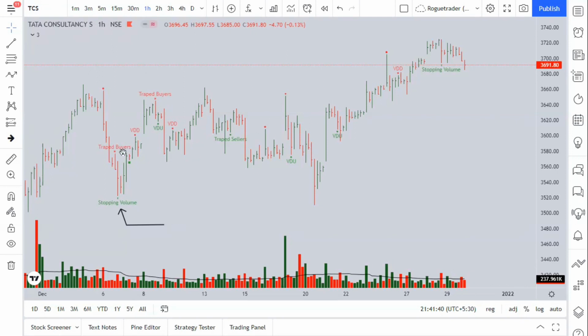I didn't mark the major support, but you have to understand that there is a major support around these levels. That's why stopping volume also occurred and buyers entered aggressively at these levels. They created a reaccumulation zone and the market started going to higher highs after that. So basically this can be really useful for a lot of positional traders out there who want to understand the market, whether market buyers are entering or not. There was a major support around these levels, that's why the market created a stopping volume, and at the same time the market reacted again around these levels and started creating higher highs.